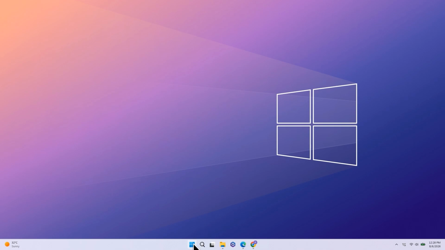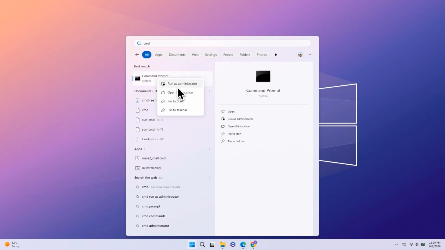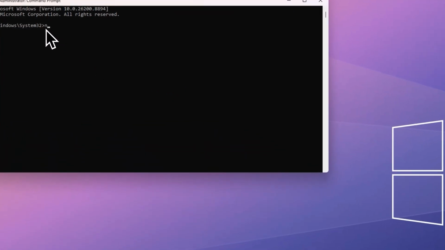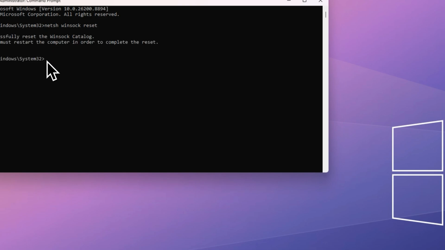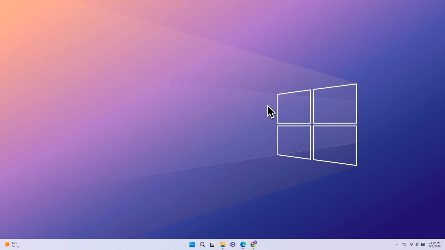Next, open the Start menu, search for Command Prompt, right-click it, and choose Run as Administrator. In the Command Prompt window, type the following command: netsh winsock reset. Press Enter to run it. After that, type the next command, ipconfig /flushdns. Then press Enter again. Once both commands have finished, close Command Prompt and check whether Adobe Creative Cloud can now